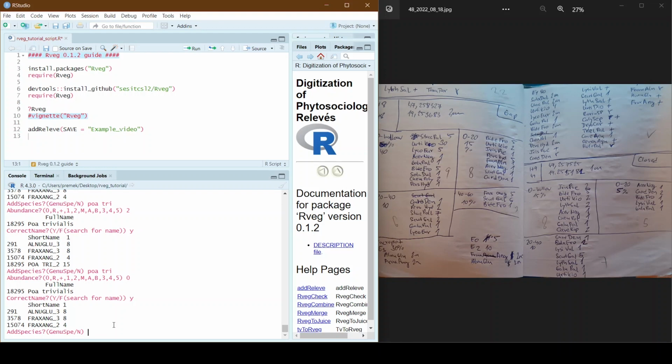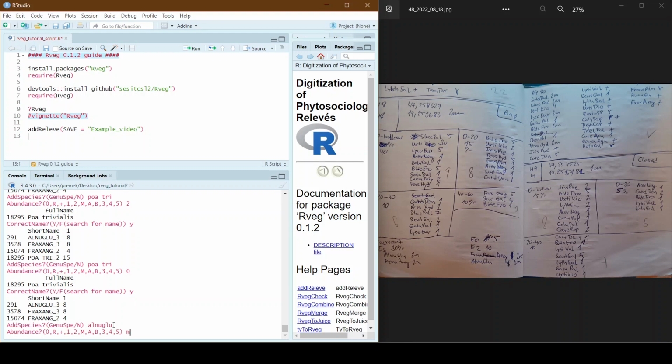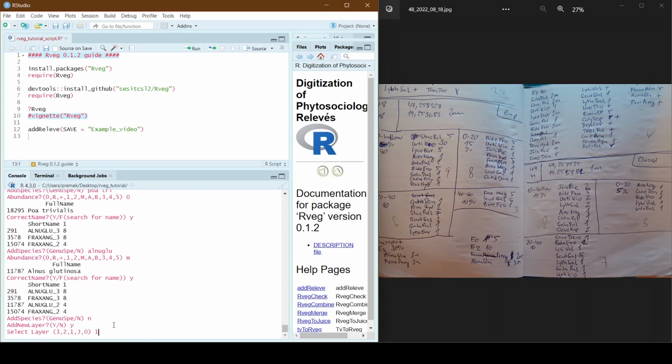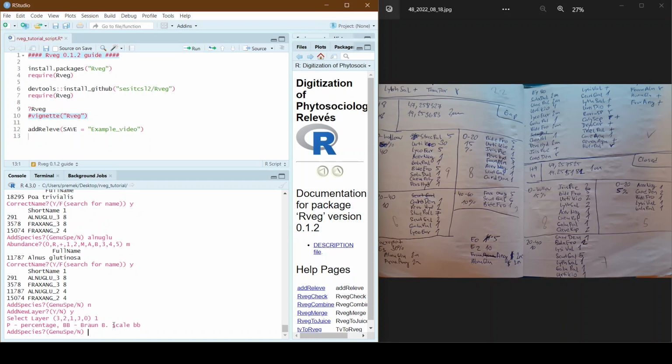Also, we have Alnus glutinosa in the shrub layer. We have some species in the herb layer. Solanum dulcamara.